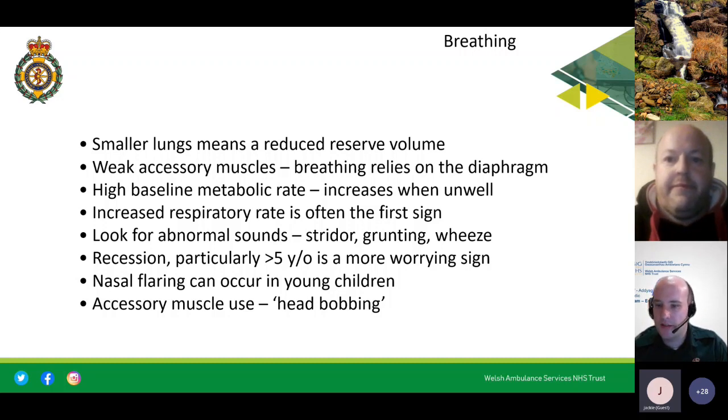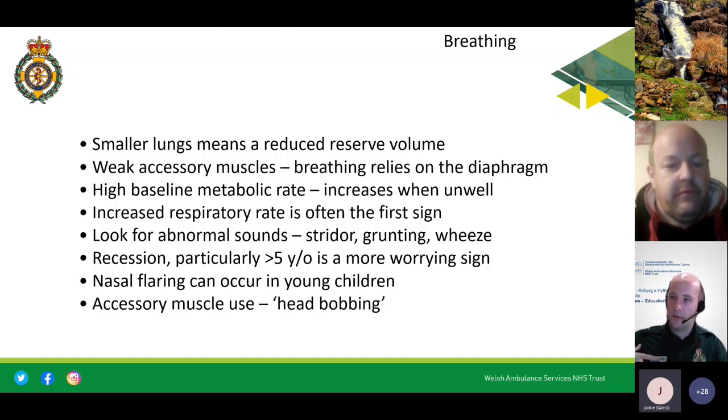Over 5s, they've got the development, their muscles are growing a little bit more, so they will start using the intercostal muscles. So if you identify a child over 5 using intercostal muscle recession, then that is a red flag sign for us again. So if those little muscles between the ribs are sucking in with each breath, then that's a bad sign, especially over 5. So we need to identify that and red flag